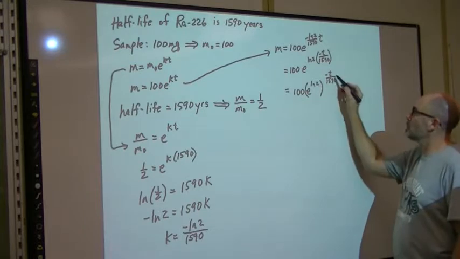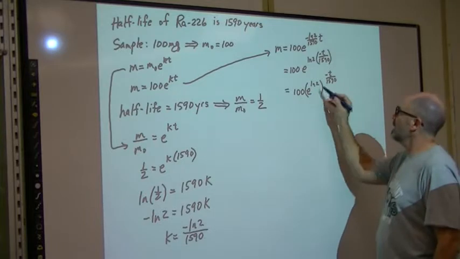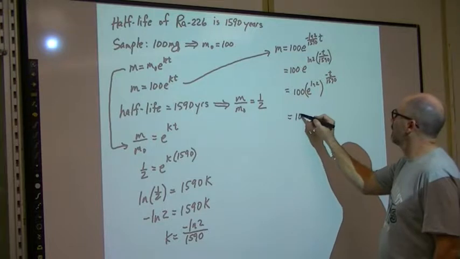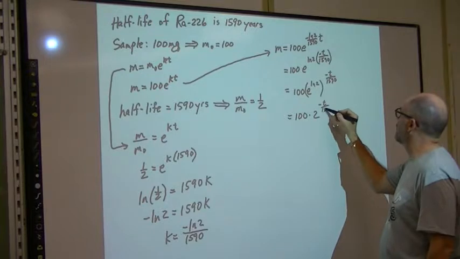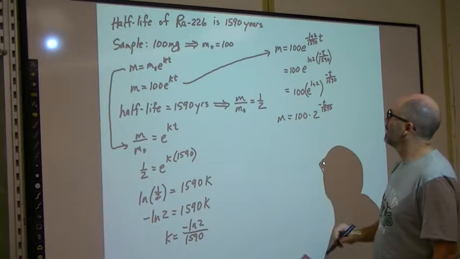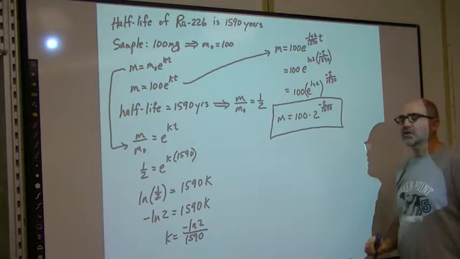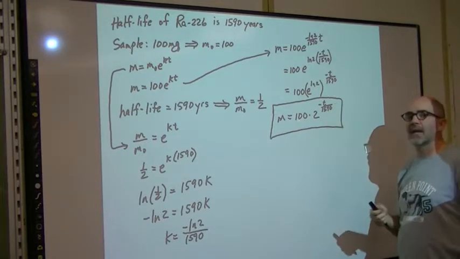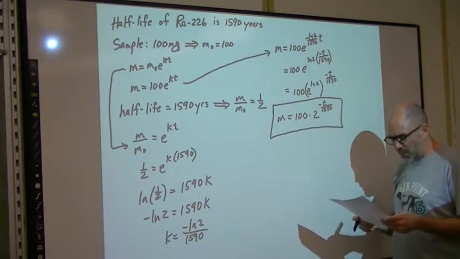So notice a power to a power is multiplying the powers. Okay, what's e to the natural log 2? Right, 2. So I have 100 times 2 to the negative t over 1590. So that is the final version that I can work with. And just like before, now I can give you the mass at any time, and I can give you the time for any mass. So the next question they ask is,